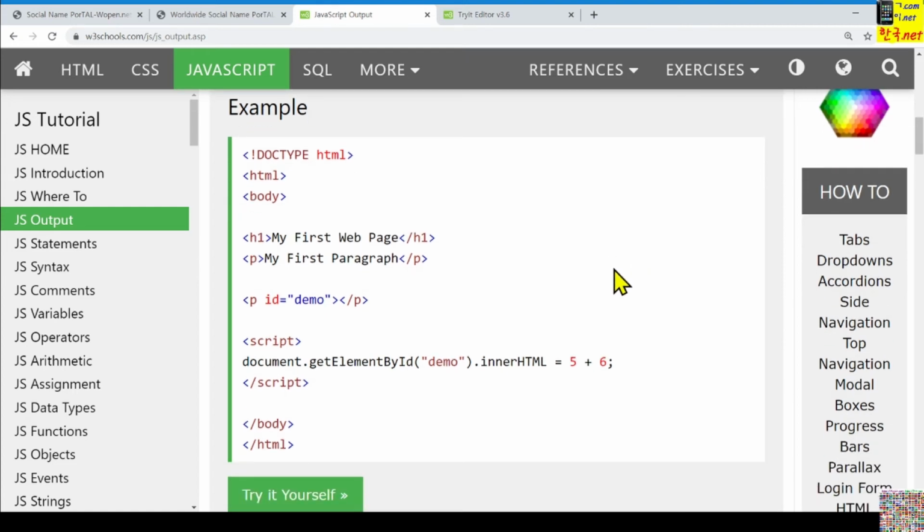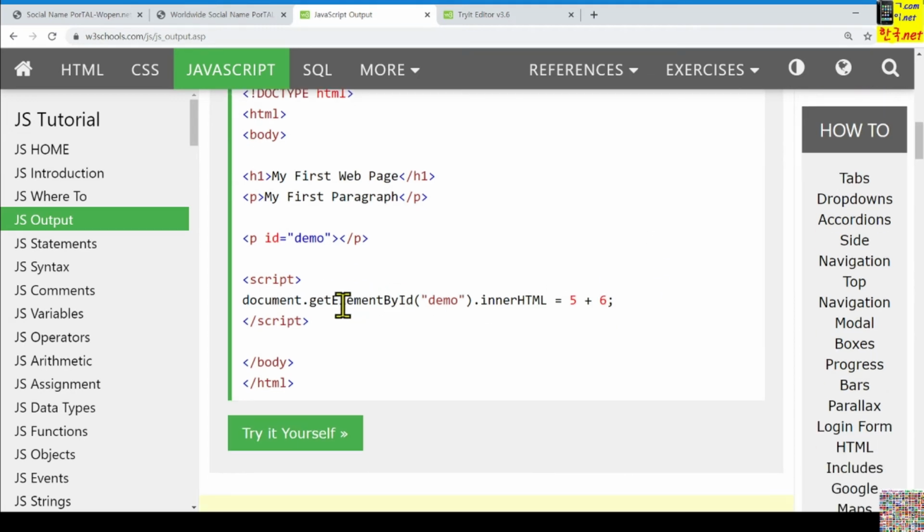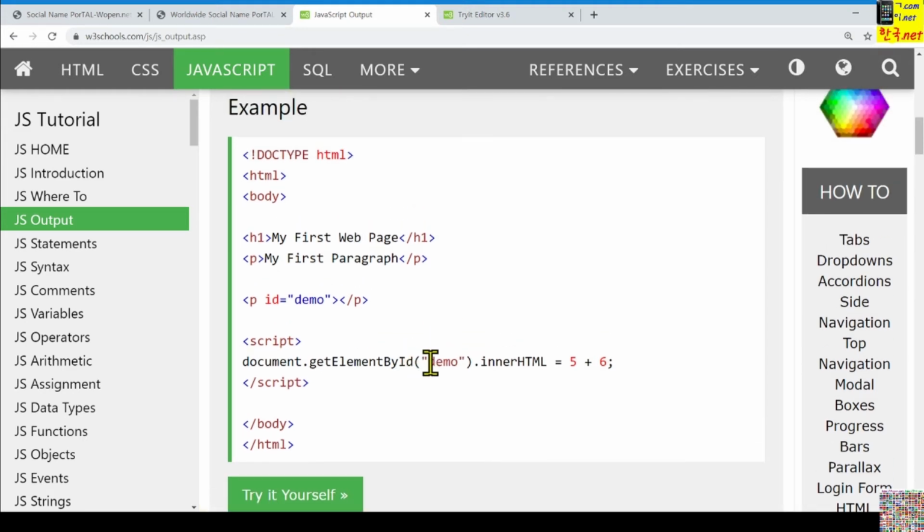First, we should select. Thus, with this getElementById, if we provide that ID name here, then we can specifically select the element to apply to. Okay, here demo. There are several other elements, but we can apply specifically to this one because we are selecting that demo ID.